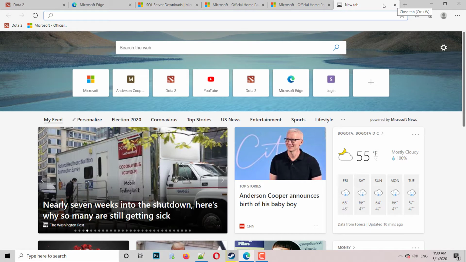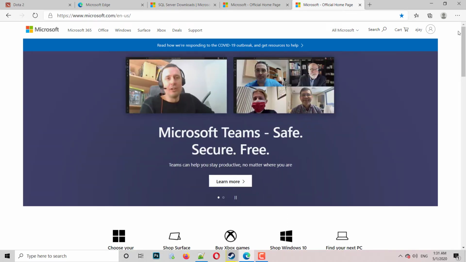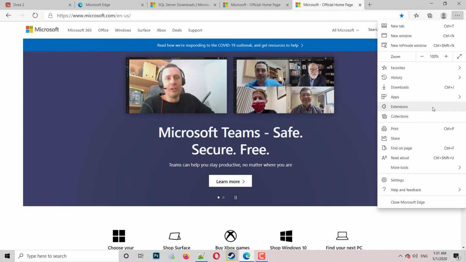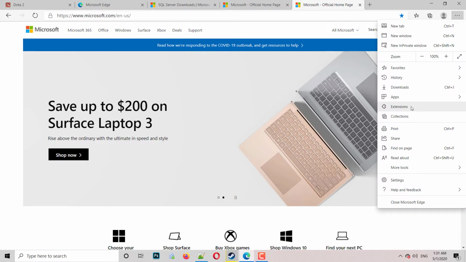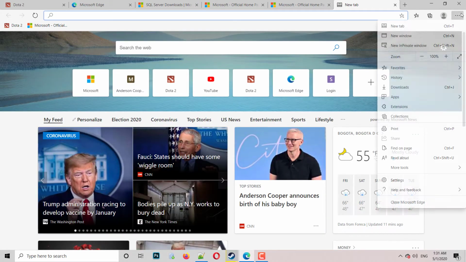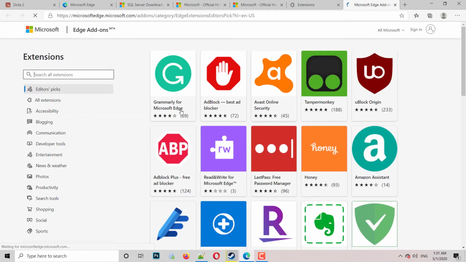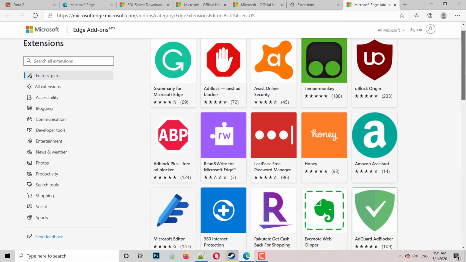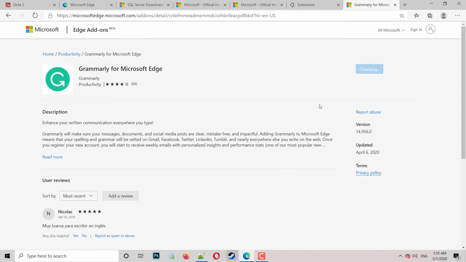The other cool thing which I would say is, you can add extensions in Microsoft Edge. And as I told you, you can even add Google Chrome extensions. So what you need to do to add an extension is go to the options, tools, and go to extensions. If you see, you can go to the Microsoft Store and you can add extensions like, what? Let's add Grammarly. Get it, add extension,